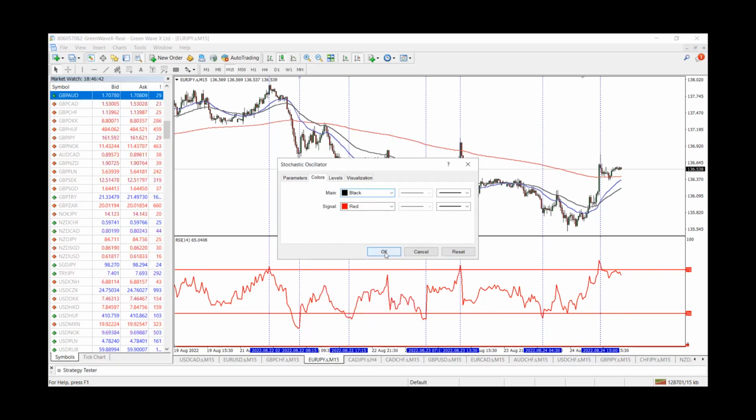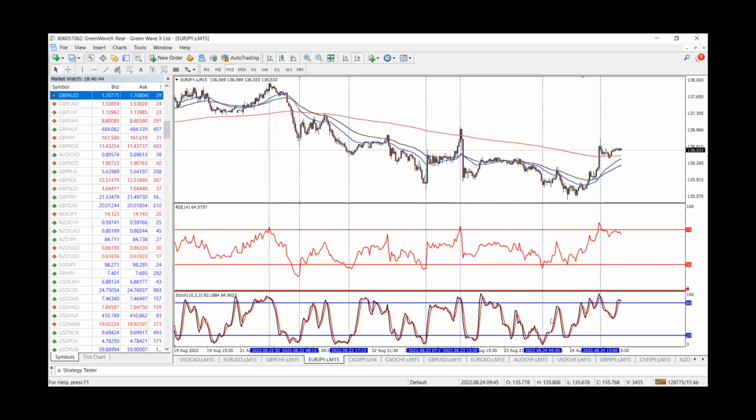Okay, so this is what we have here. Once price moves, you can see almost the same thing. You can see all the signals that the RSI gave us, Stochastic also gave us. But there are some signals that Stochastic picked that the RSI didn't pick, based on the parameters. So I'm going to represent those with red